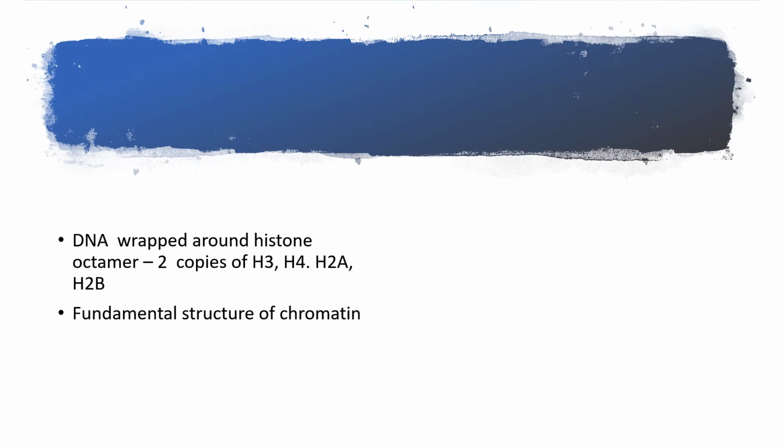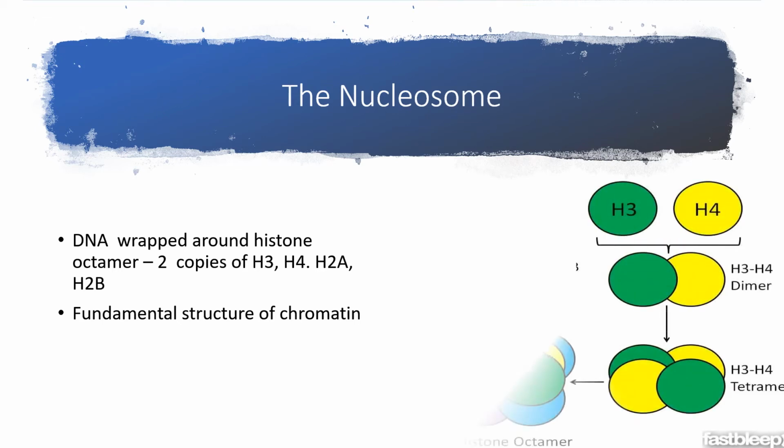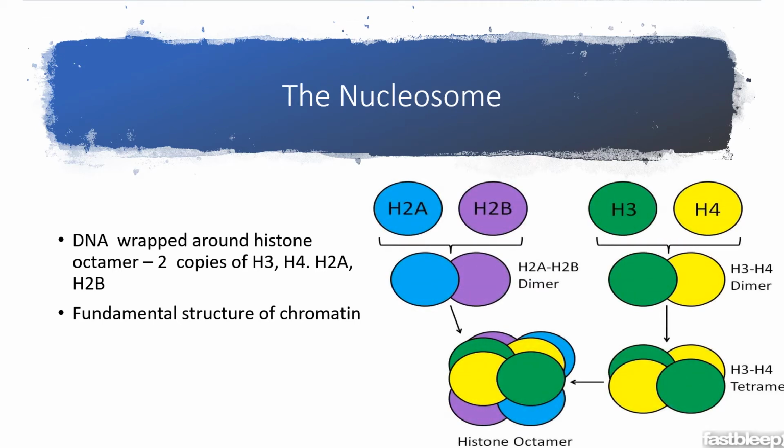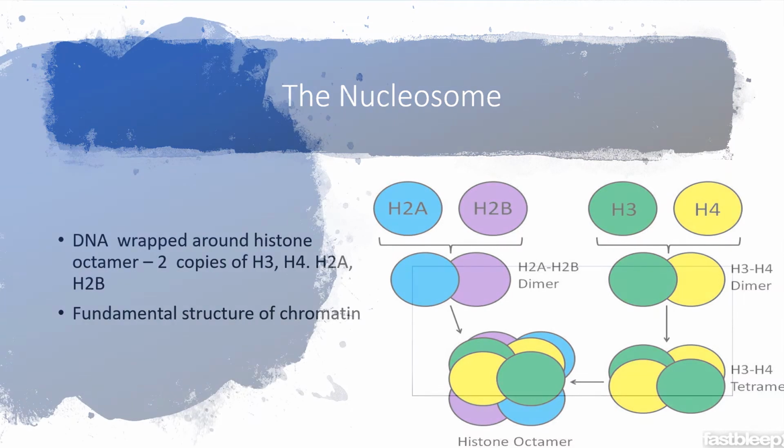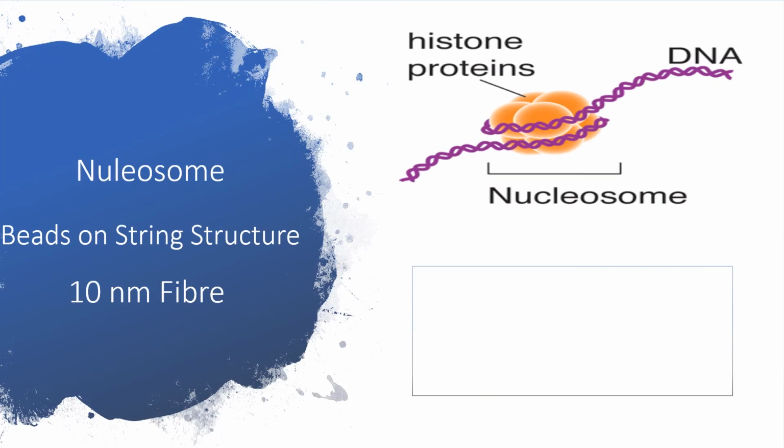The first step in the organization of the gene is the formation of the nucleosome. For the formation of the nucleosome, 4 major histone proteins aid in this step: H2A, H2B, H3 and H4. 2 copies of each of these proteins form an octameric core protein-like structure. Around this core protein, the DNA is wrapped. DNA wrapped around the histone octameric protein is called a nucleosome. So this is how the structure will look. We'll have a histone core protein around which the DNA is wrapped. The DNA makes nearly 1.5 turns.